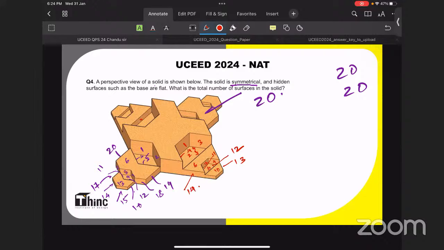Did we miss any surfaces? First one, second one, third one, fourth one, fifth one, and from there onwards 6, 7, 8, 9, 10, 11, 12 to the out, 13 and 14. So this side we have 14. So 14 and over here another 14. So 14 and 14, you can go 28. Okay, now it is like 68.